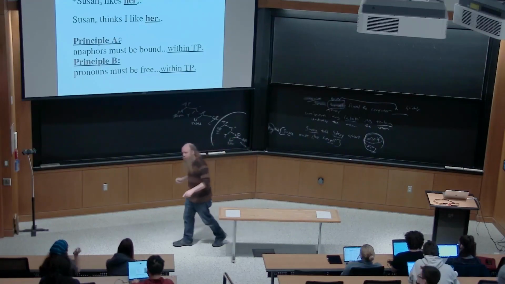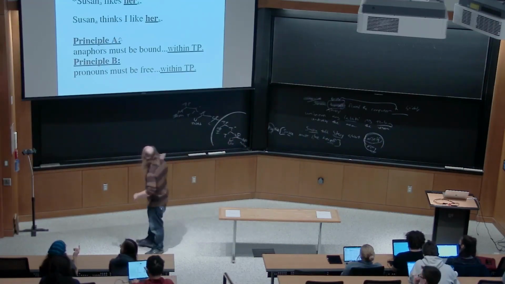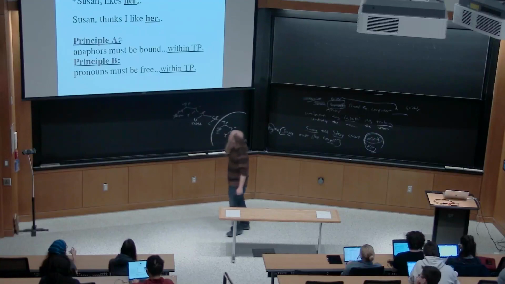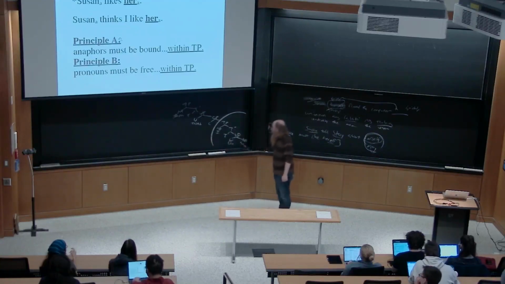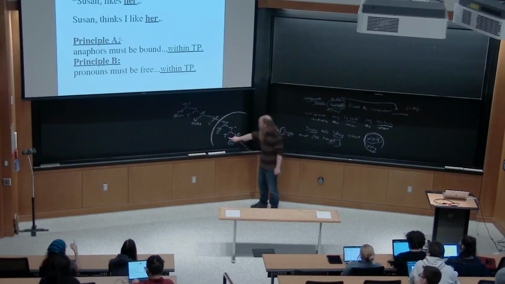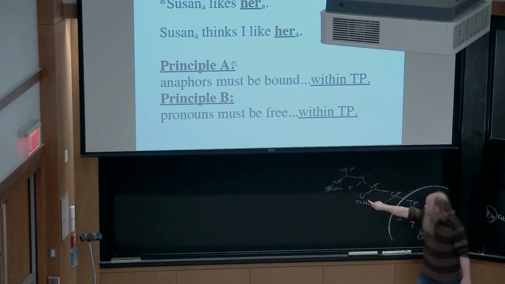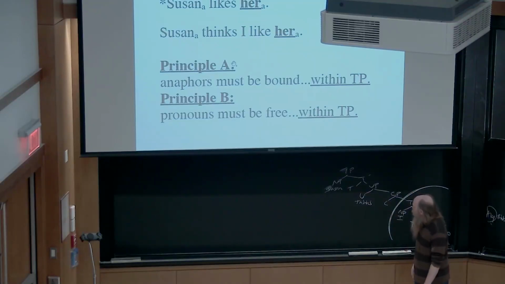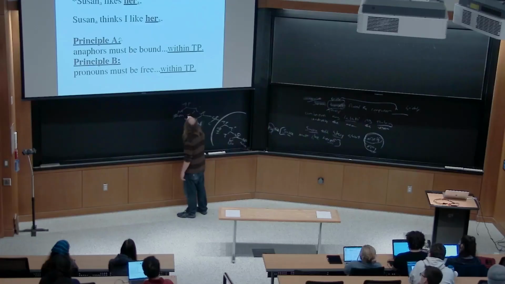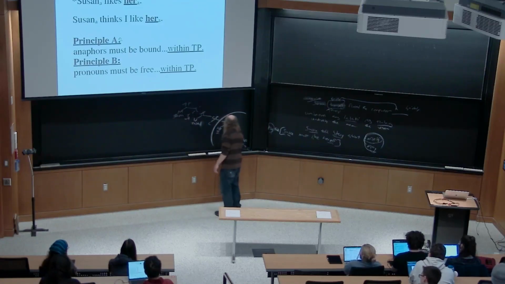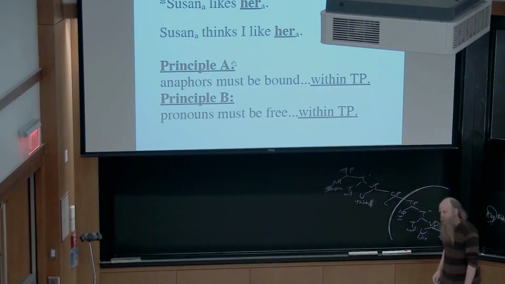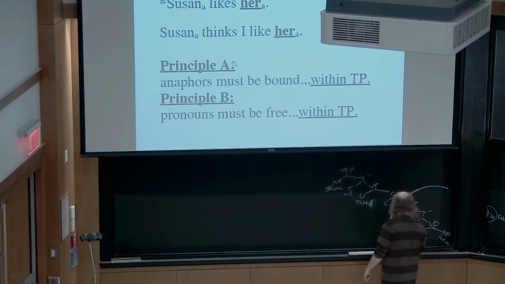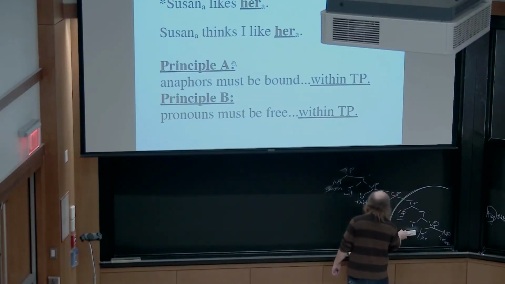Yeah, Faith. I may have just forgotten, but with that tree there, is the invisible T that's dominated by the T bar always necessary, or could you just say like this? Yeah, you know what? In most of the trees I've been showing you, I've been smart enough to put auxiliaries in the sentences. So I've been saying things like, "Susan will think that I must like herself." And then people don't ask the question that you're asking. But when I drew this tree, I was not smart enough to do that. There does need to be a T,